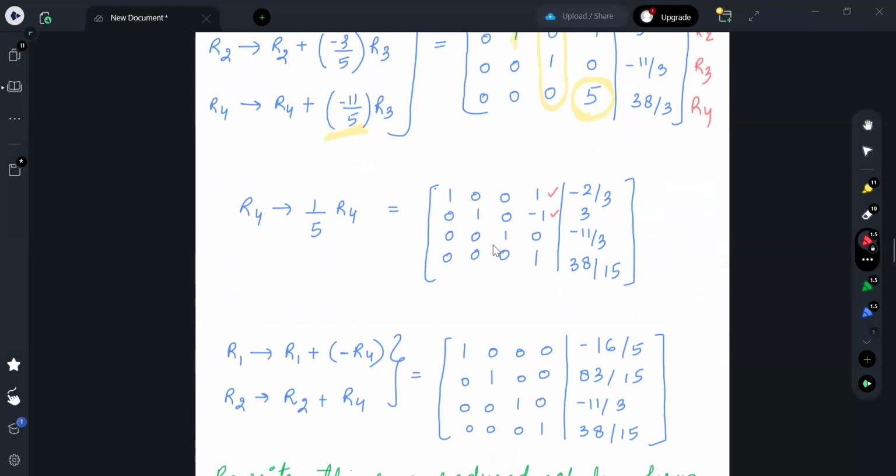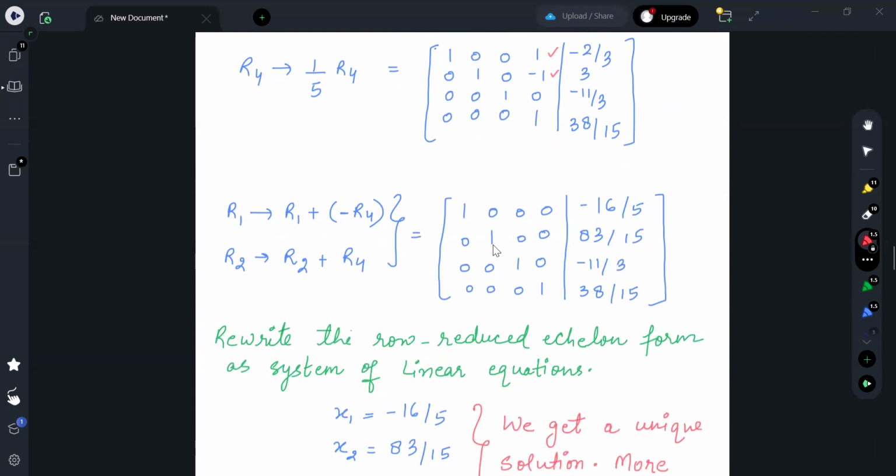So I'm subtracting row 4 from row 1, so each entry will get subtracted. I'm adding row 4 to row 2, so we add each entry, and there we go. Now I have ones in each pivot entry, zeros above and below. So this is my reduced row echelon form using